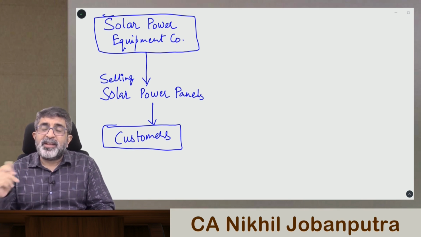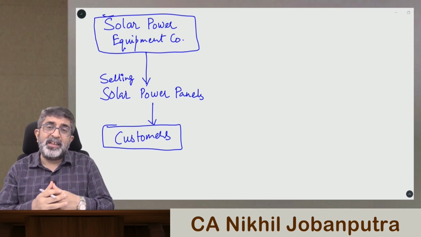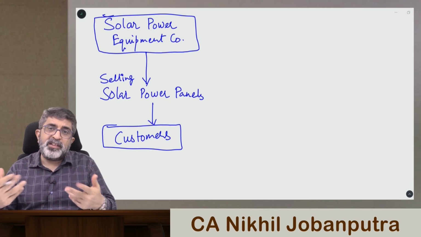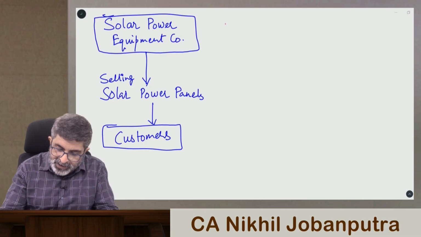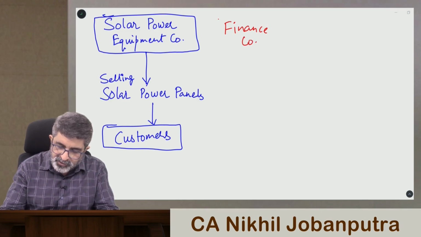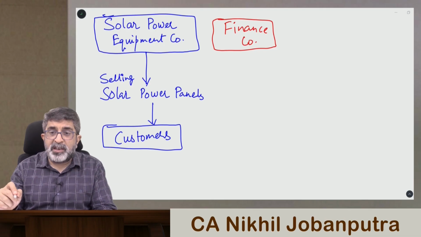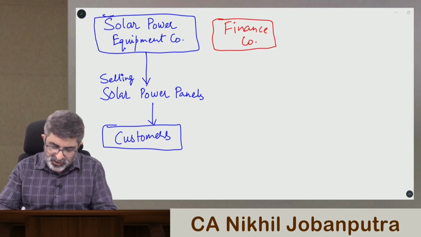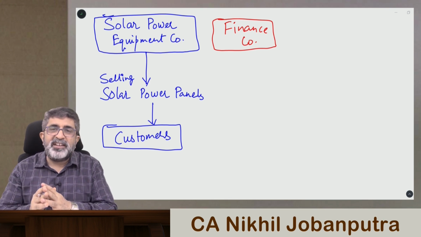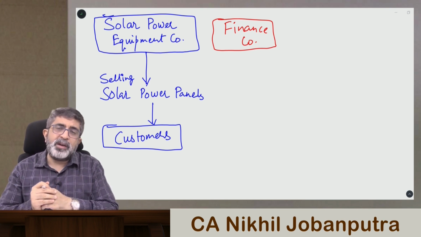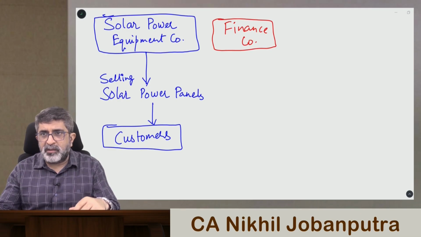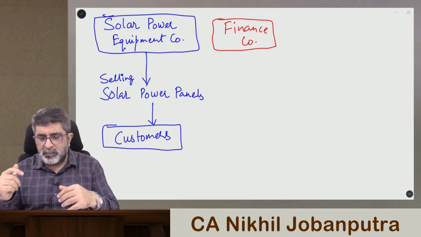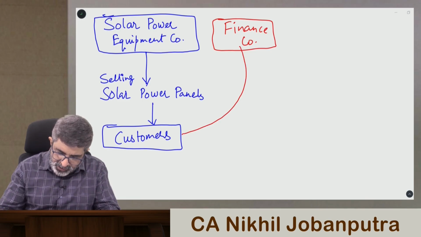But what if some customers do not have enough money in their account immediately to fund this equipment? They are looking for some kind of finance facility. Now comes a finance company in the scene. Maybe some agent from that finance company sits along with the salesman at the solar power equipment company, or the salesman can himself pitch that okay fine, you don't want to buy it by making upfront payment, we have a finance facility available. So the finance company now comes in the picture and offers